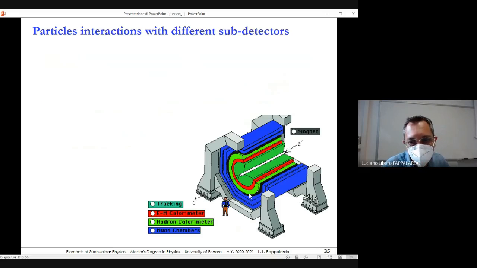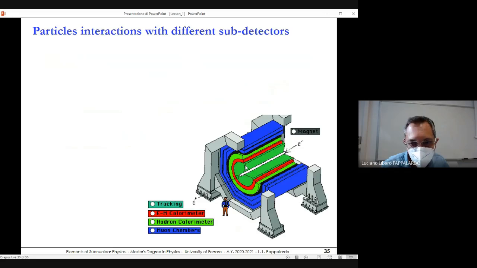A few words about how one such particle detector works. This I expect you know already, let me just remind you. When you have a collider, the typical geometry of the detector is like this. You have different layers of different kinds of detectors. The beams interact at the center of the detector: they come from opposite directions and they interact here in the center, for instance.